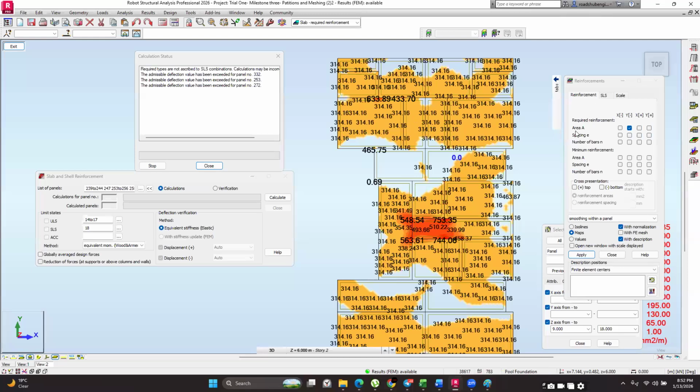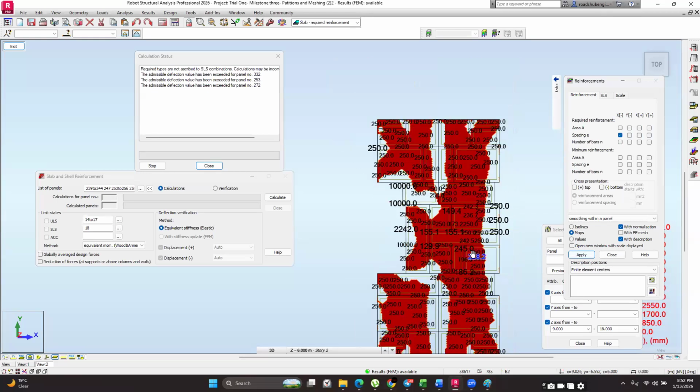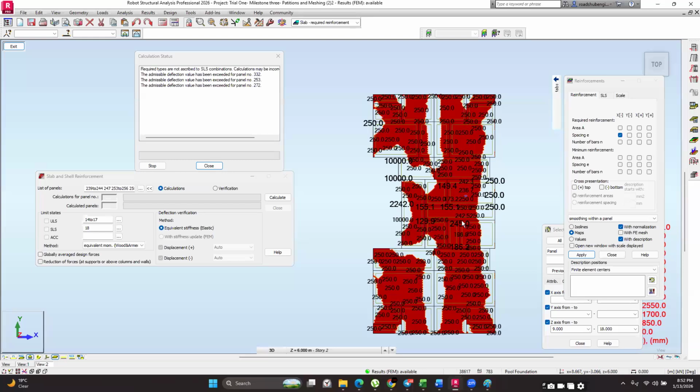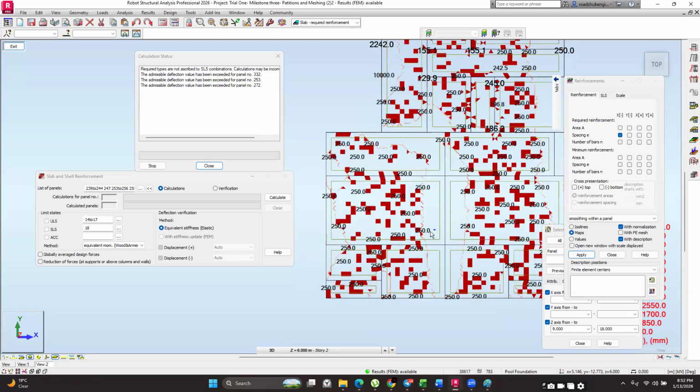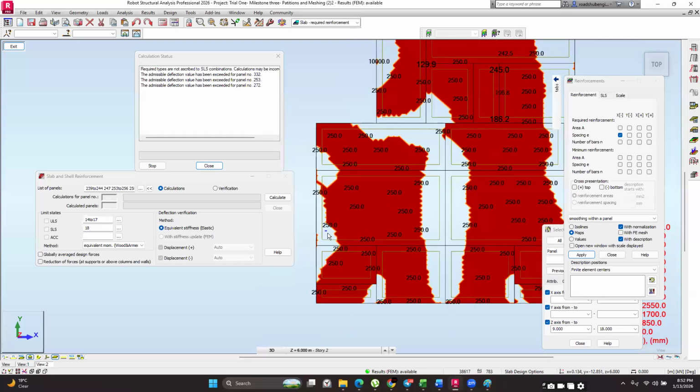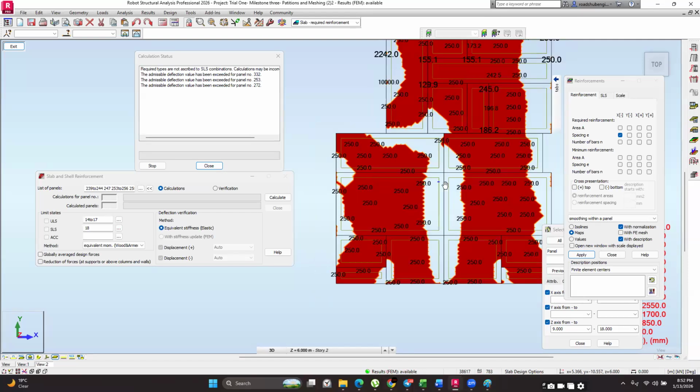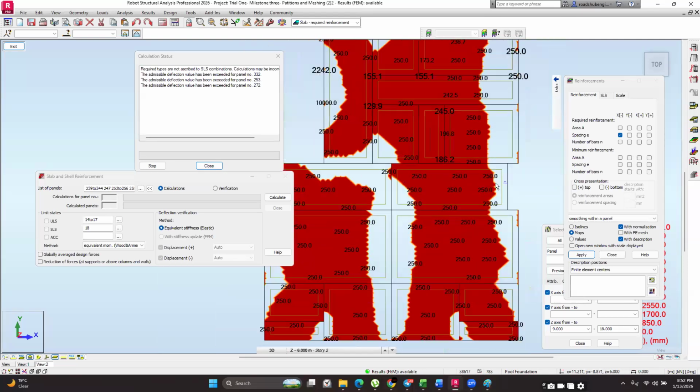Then you can see the other information you can get from here are the areas of steel. We've done that. Then the spacing. So you have your spacing there. So you can see where the bars are majorly at. So these are the bars going in this direction. And then this is another thing that would affect your detailing. So when you're detailing, when you're doing your bottom bars for your slabs, you're going to find that in most cases, near the supports, you do not need to lap by much, because most of the reinforcement is not required